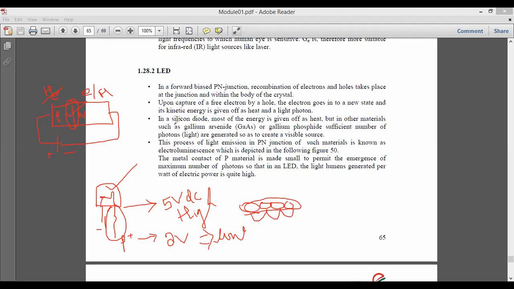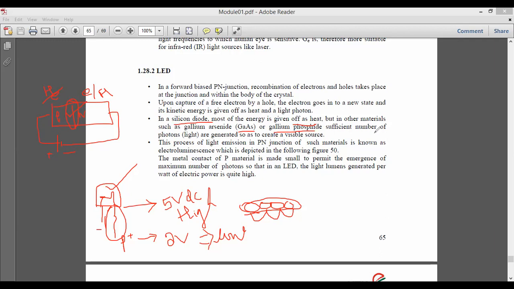In a silicon diode, when you take a normal silicon diode, most of the energy is given off as heat. But if you take other materials like gallium arsenide or gallium phosphide, a sufficient number of photons are generated to create a visible source. It means that with a normal silicon diode, most of the energy is given off in the form of heat.